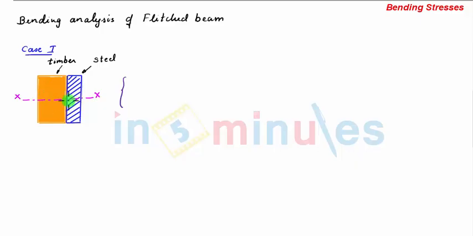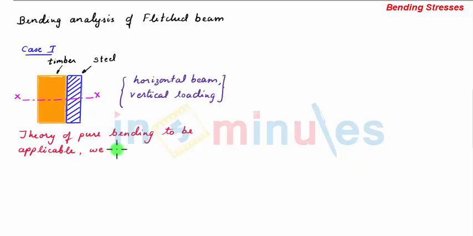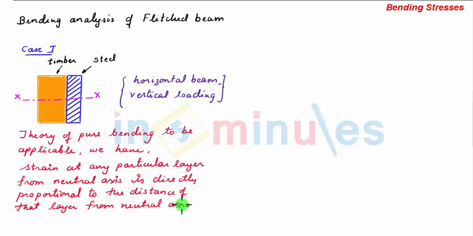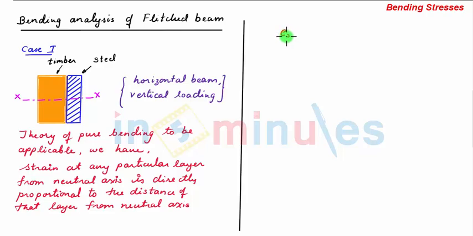We also assume that the beam of this section is horizontal, which is subjected to vertical loading. So now, for this composite beam to act as a single beam and for the theory of pure bending to be applicable, we have the strain at any particular layer from neutral axis is directly proportional to the distance of that layer from neutral axis. So mathematically this could be written as εS by εW is equal to YS by YW, where